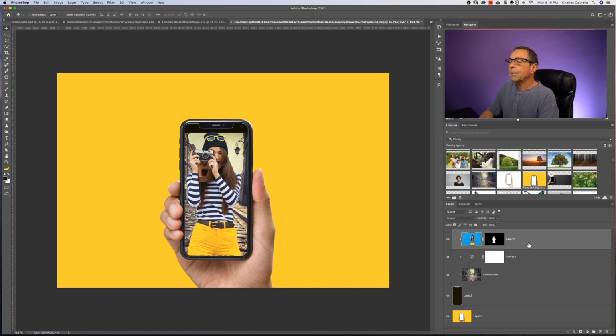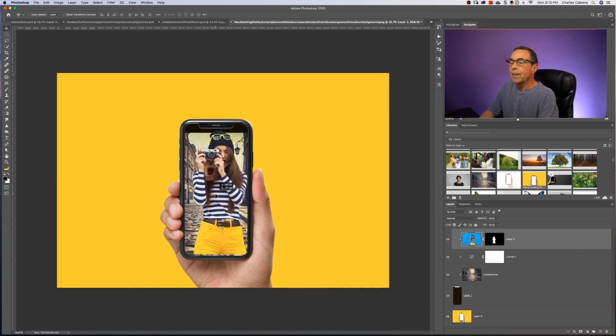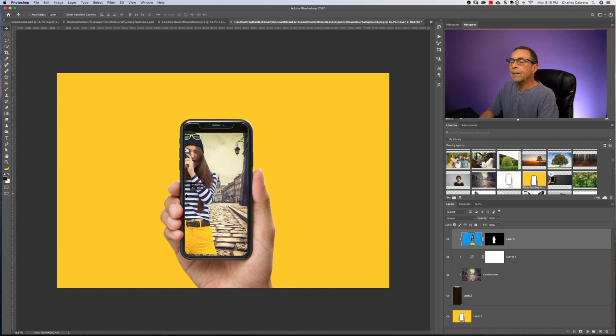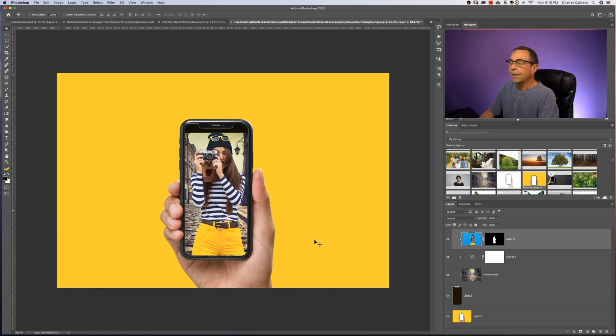So it is clipped with everything else, and I'm going to move it now. It is only going to work within the boundaries of that phone because it's clipped to layer 1. Everything, cobblestone, the curves, and layer 2, which is the subject, is clipped to layer 1.